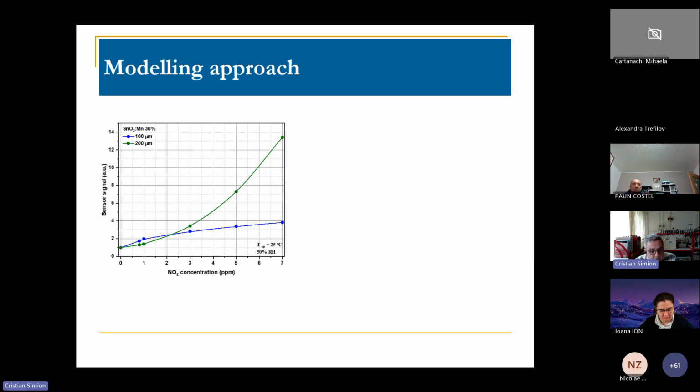We have plotted the sensor signal versus NO2 concentrations for tin dioxide doped with 30% of manganese under 50% relative humidity at room temperature. As one can see, up to 3 ppm of NO2, nothing is happening between these two kinds of substrates. But after 3 ppm, there is a strong increase in the sensor signal for the 200 micrometers interdigital distance for the substrate. This means that we have more and more grain-to-grain boundaries which are active for the sensing